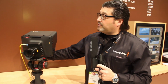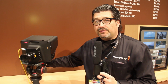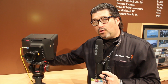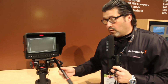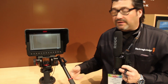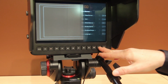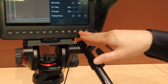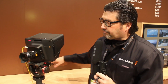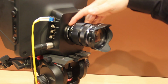So this is the new Blackmagic Studio camera. They're available in HD and also Ultra HD 4K. So the HD version is shipping now. So what we have here is the world's smallest broadcast studio camera with the world's largest viewfinder. It's a 10-inch screen, and we have menus that come in on the side, and you also have push to talk, focus, iris. There's a lot of settings, and we have basically the camera converter built in,